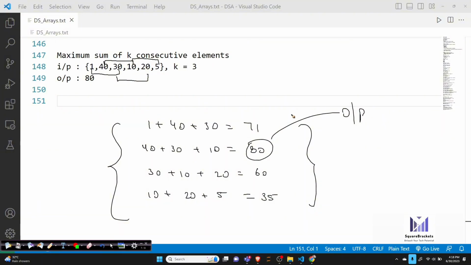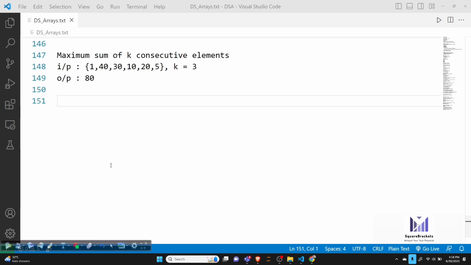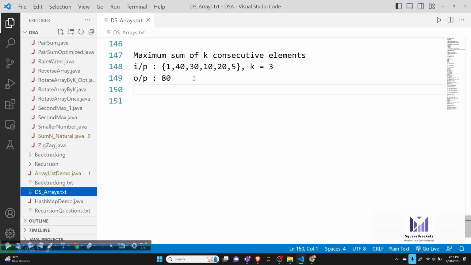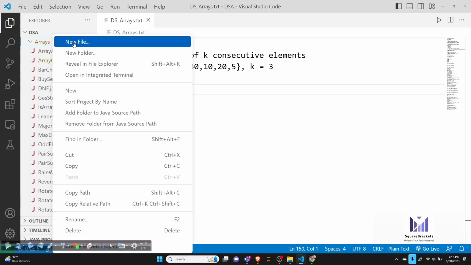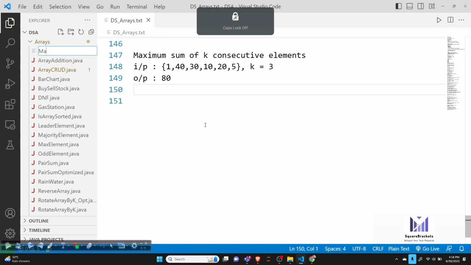So let us first implement it using a naive approach. Now, naive approach will be to use two nested loops. The outer loop will be executed till like k minus 1, something you can do. So the question is max sum of consecutive elements.